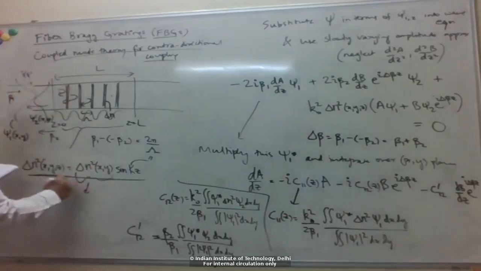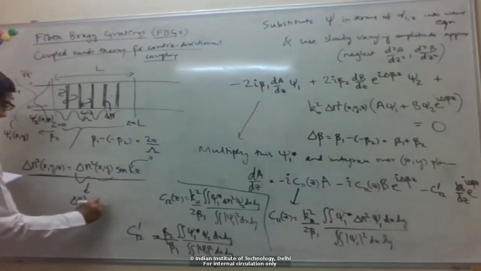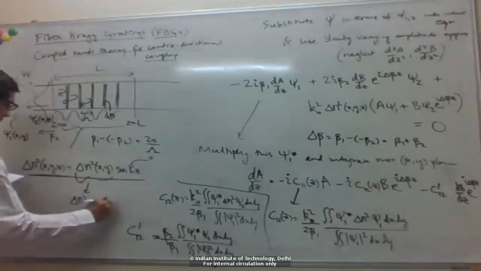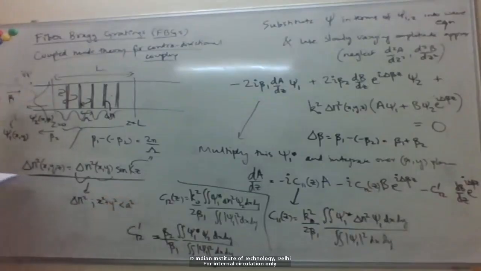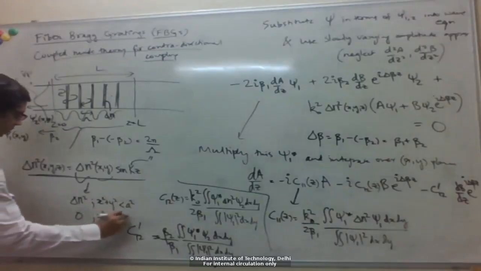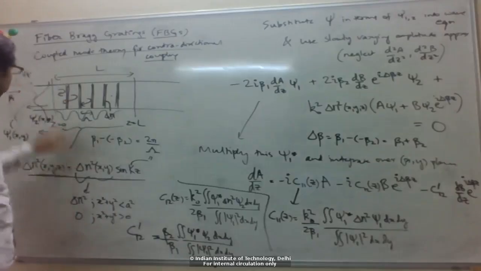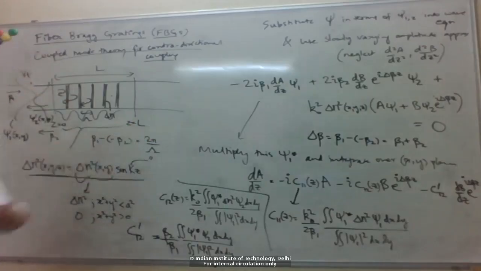So basically, you can simply say this is some delta n square in the core region, for x square plus y square less than a square, and then 0 in the clad. So it's some constant change within the core, and then nothing in the clad. And the z dependence is the sinusoidal periodic. Okay, so if we use this form for the index profile